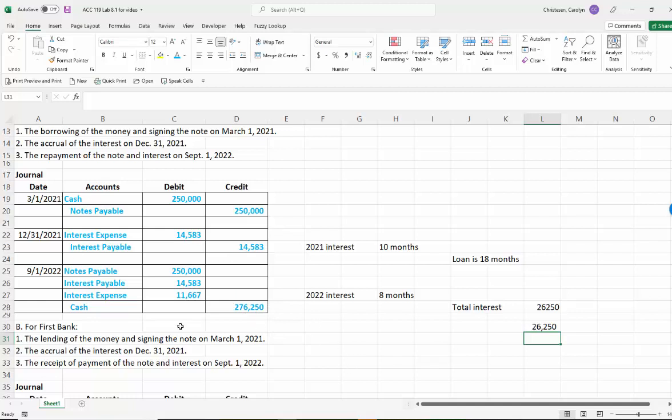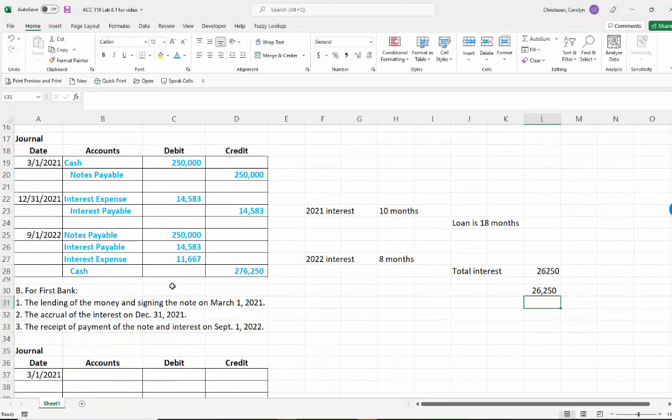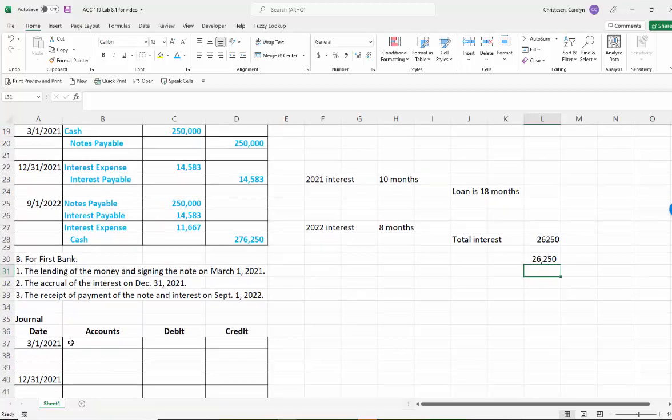All right, so we are all done from the borrower's perspective. Now we're going to do the same thing for the bank. Now the bank is lending the money. All right, so we did the hard part. We did all the calculations. So now all we have to do is look at the mirror image. So in the world, if somebody has a note payable, someone else has a note receivable, right? So in the case of the bank,